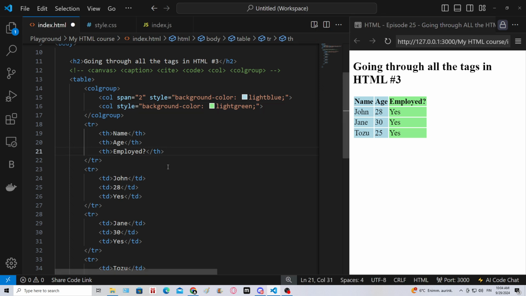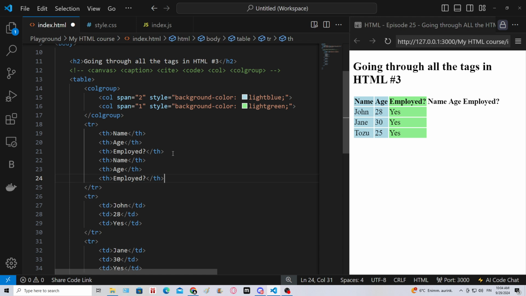I can also add the span property to this one. Let's say span equals 1. And let's make some more columns. I'm gonna copy these just for example, and there we go. So these columns, they don't have any color. However, if I set the span property to be 2 on this one, look what happens. 3 and 4. So yeah, it's gonna be highlighting the columns one by one with the span property, and